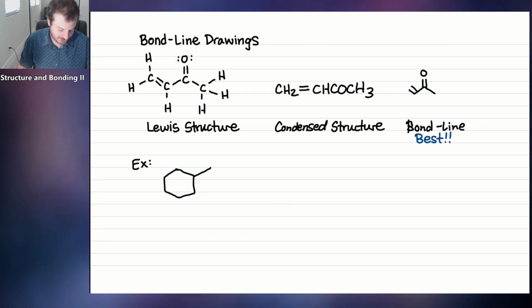So this would be a bond line structure of a compound, and let's count how many carbons it has. It turns out in the bond line structure, every angle change represents a carbon. Every end of every line and every angle change in every line represents a carbon. So this is a carbon, this is a carbon, this is a carbon, and so on in our little structure here. So let's count up the carbons. 1, 2, 3, 4, 5, 6, 7 carbons.